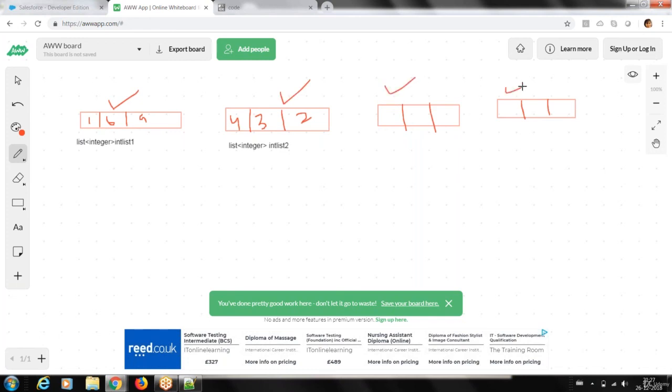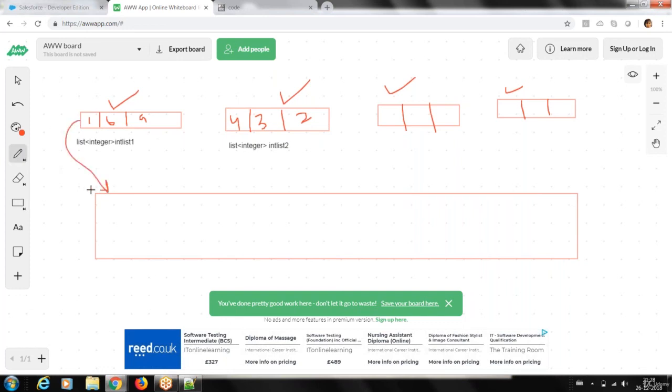I want to store another collection of elements which will contain these lists. So I want one more list. And in that list, what do I want to store? I don't want to store integers. I want to store this list completely as one element, this one as another element, and this list as another element.